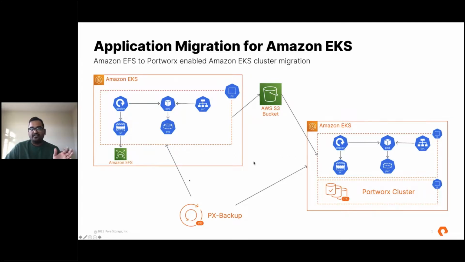In this scenario, we have had actual customers that were using EFS for file-based persistent volumes, so ReadWriteMany, and block-based persistent volumes using Amazon EBS for their ReadWriteOnce volumes, using two different AWS solutions for persistent storage for their containerized applications. We have had those customers migrate from existing solutions to a Portworx deployment where the same Portworx storage layer can be used for both ReadWriteOnce and ReadWriteMany persistent volumes, and not just multi-protocol support,